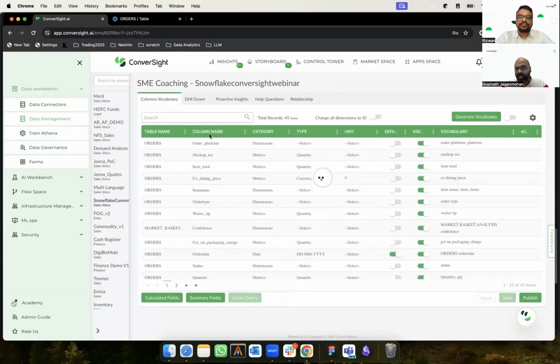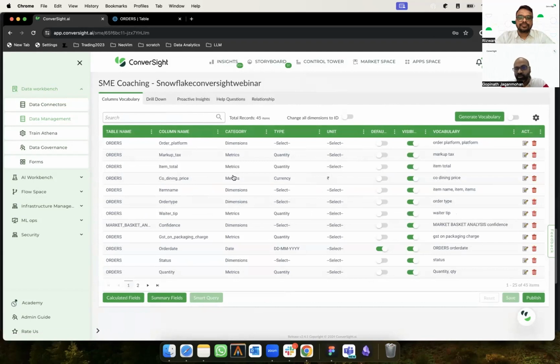Snowflake. So basically, when you connect the data source and load data into the platform, ConverSight or Athena does a lot of things at the back. It creates a semantic layer. We call it SME coaching here, and we define vocabularies, because when you pull the data in, there might be tables and columns which are not in a way a business user or business analyst is going to ask or use. Sometimes each of these is called differently by different people, and we don't have to worry about all that. Just come and load those vocabularies. It is more like training. You train the semantic engine here, and it starts understanding what this data is.